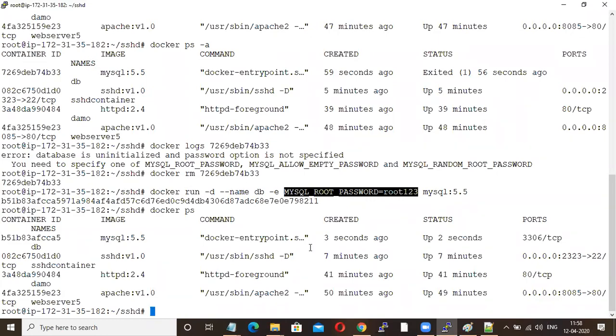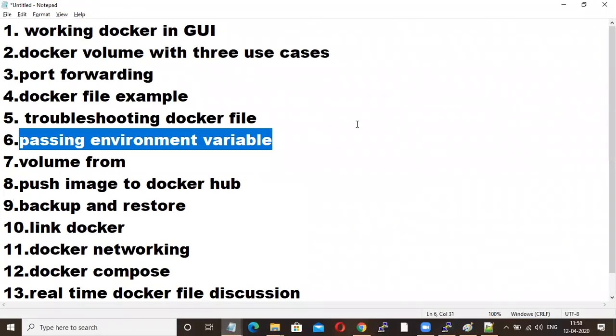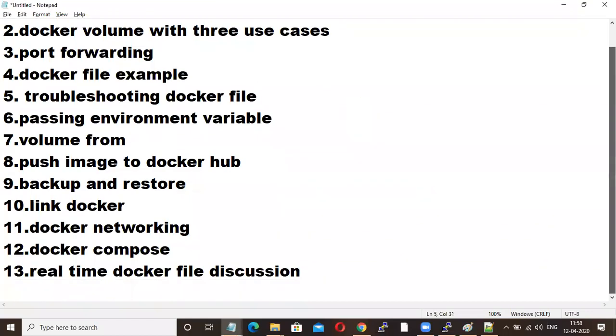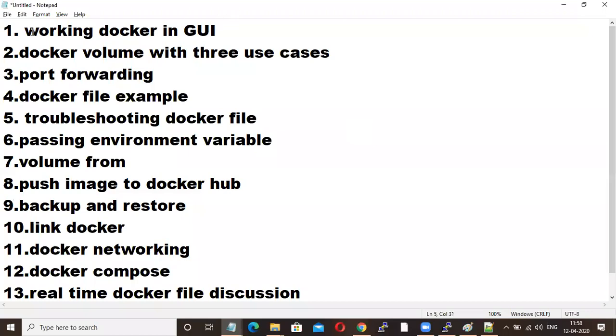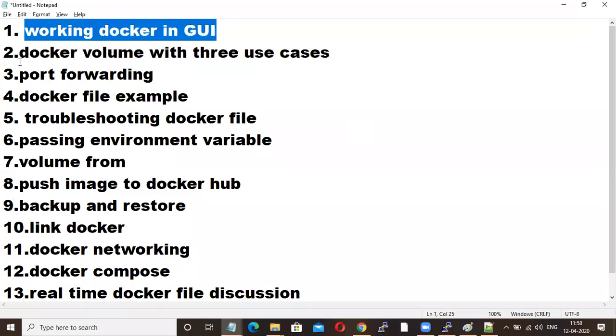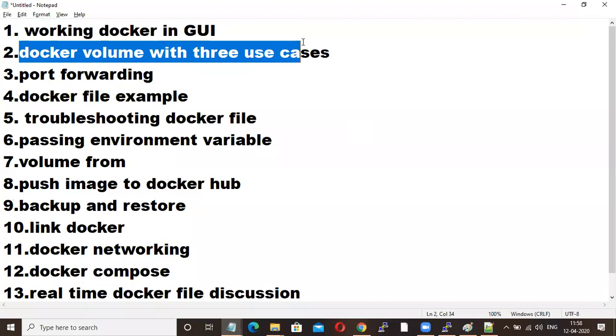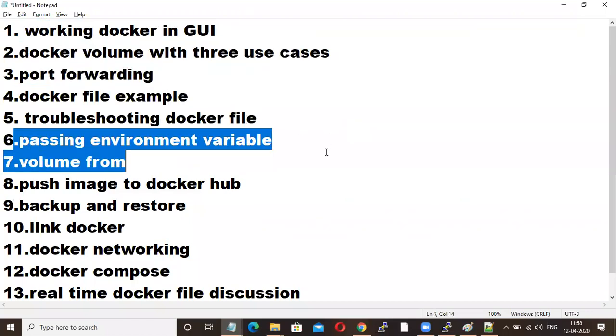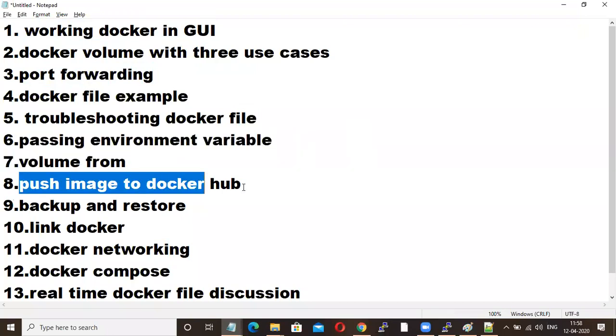Any doubts in this? I guess this is very easy. Now, as per these 13 scenarios, the first one is done, second one is done, third one is done, sixth one is done, eighth one is done.